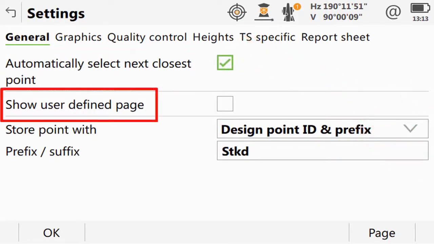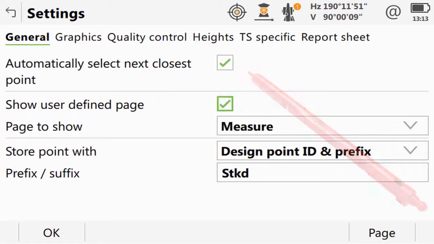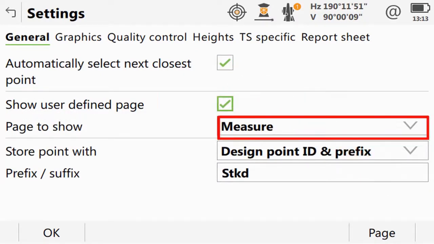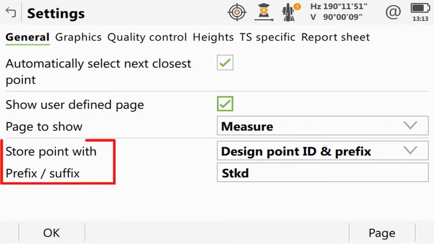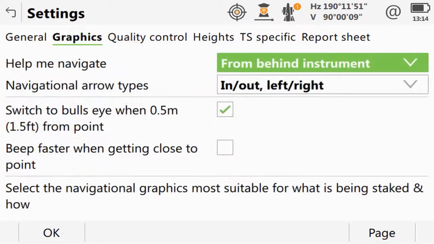Then we have the ability to show the information from a user-defined page on the left-hand side of the stake screen. If we activate this, we can then pick which page to display. And the last option is where we can configure how our stake result will be stored, here with a prefix before the design point ID. That is everything from the General page tab, so let's now move to the Graphics page tab, where we have